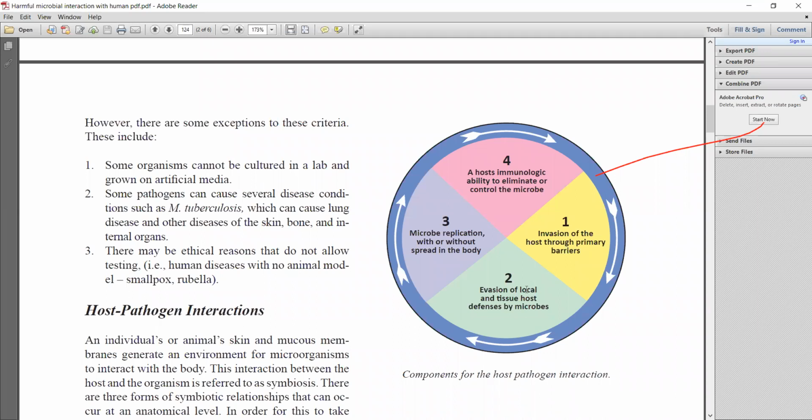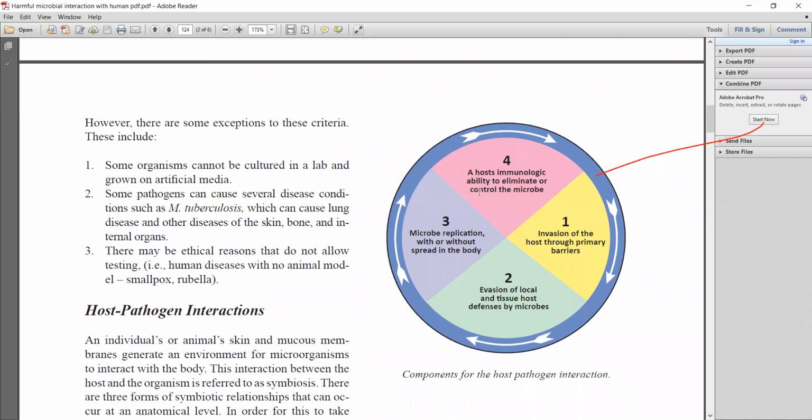Second, evasion of local and tissue host defenses by microorganisms. Then thirdly, microbe replication with or without spread in the body. How are the microbes replicating? Whether it is replicating by spreading throughout the whole body, or it's just replicating within a particular organ or particular